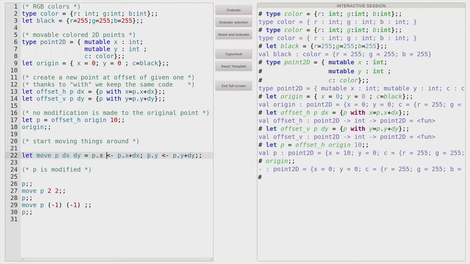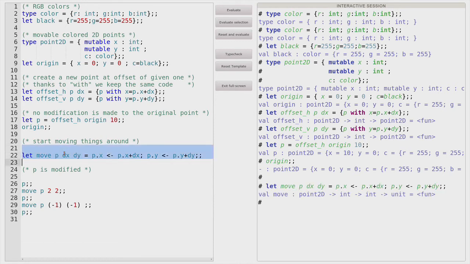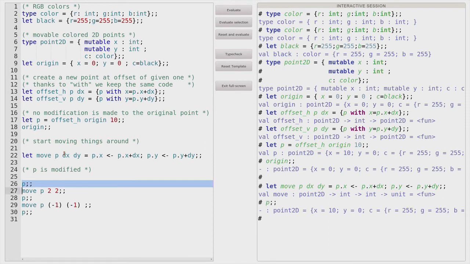And how does it work? It really updates with this update operator. Now you see the importance of having something which is syntactically clearly an update operation. We are changing the x field and the y field of the point p, which is passed as a parameter. Okay, so now we have this move operation. Remember, our original point p is at position 10 and 0, and the color is black. Now if I move the point p